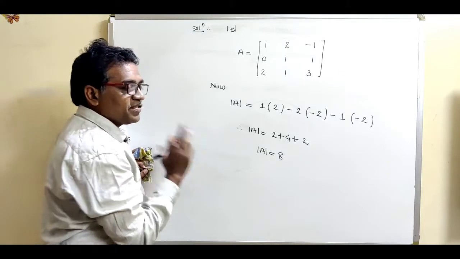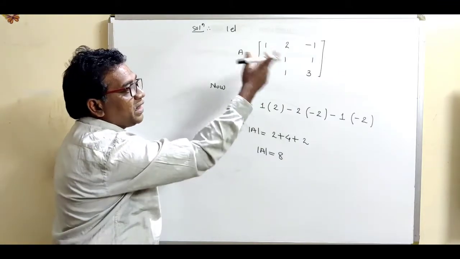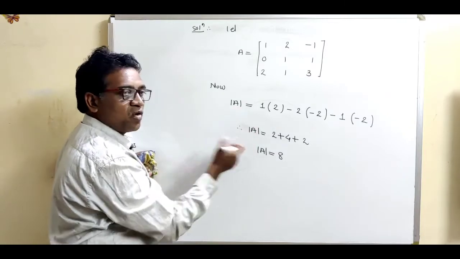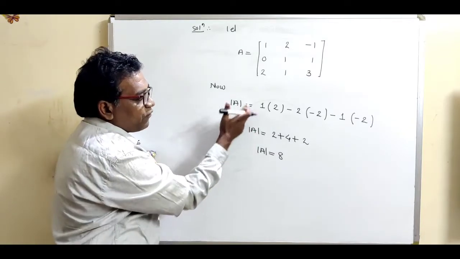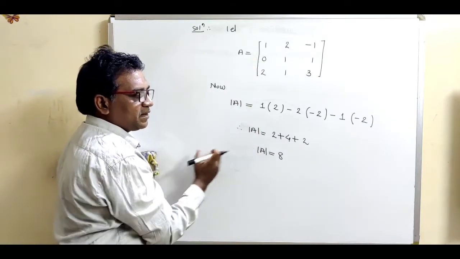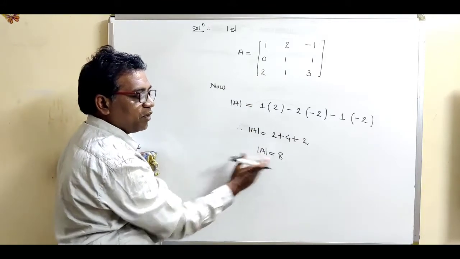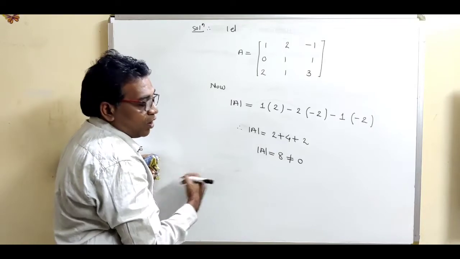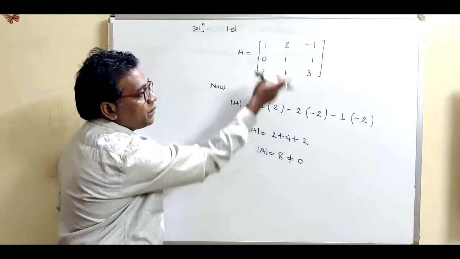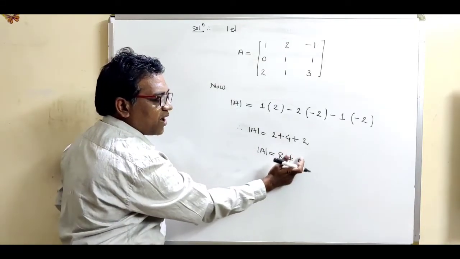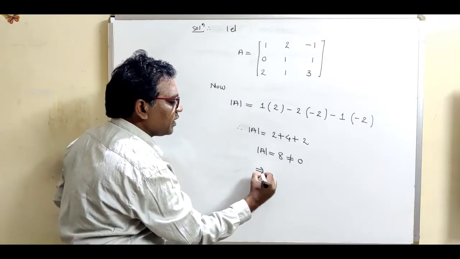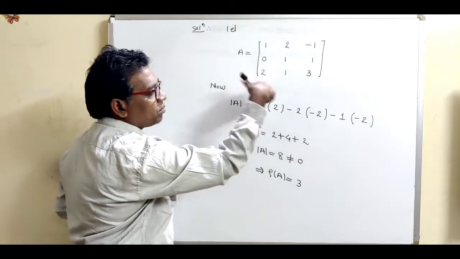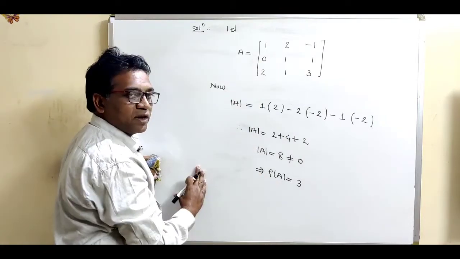So see what is the first step. From the given matrix, first of all find out the determinant of highest order. We have found this determinant of order 3 by 3 and we have found this number is equal to 8, and this is a non-zero number. So the determinant of order 3 by 3 does not vanish. This means that the rank of the matrix is nothing but the order of that determinant, which is 3.